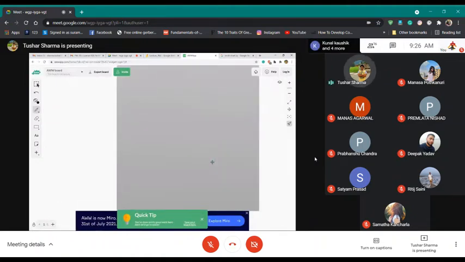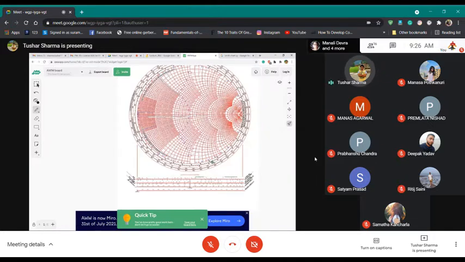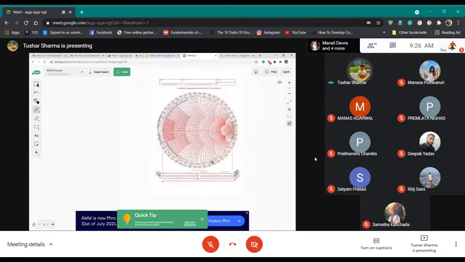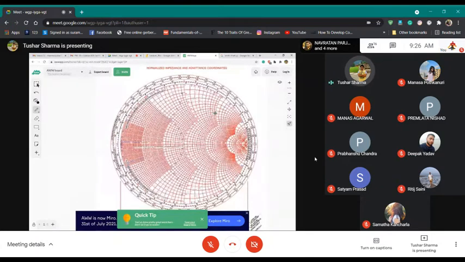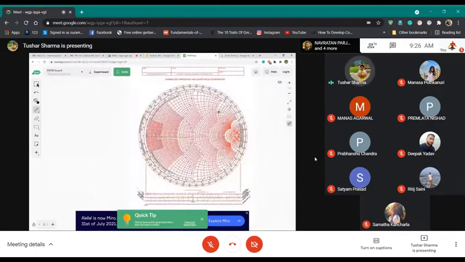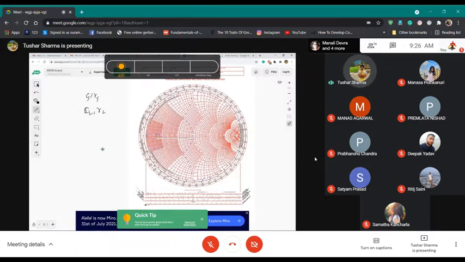So you will directly plot it from next class. You will directly plot the same thing using ADS. What happens is, I told you, you know what is the center and the radius. In this case, I know CS, I know RS, and CL and RL. First thing is, from 0, you can measure whatever the radius is using a compass. You can measure whatever the radius is.